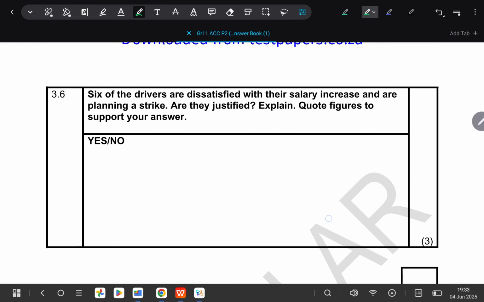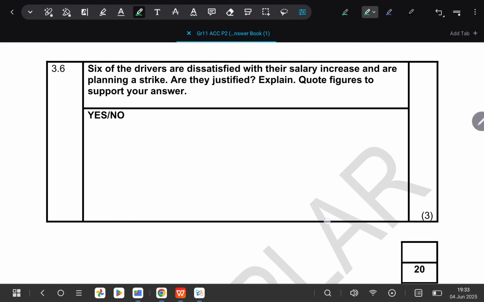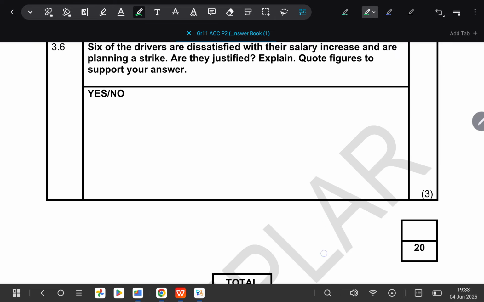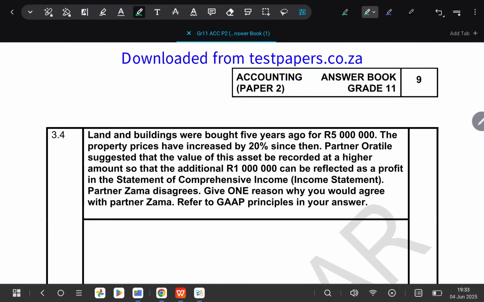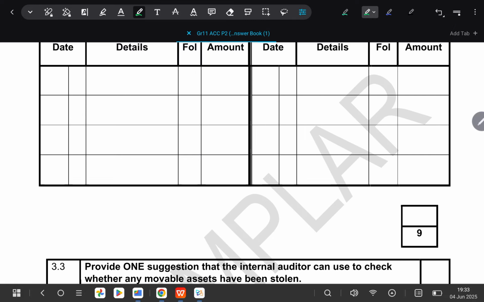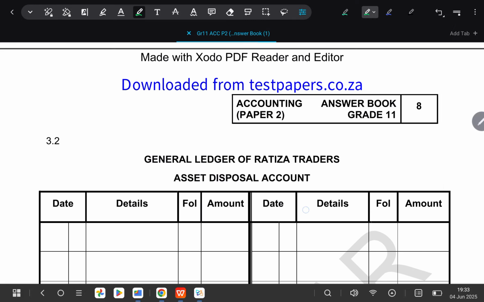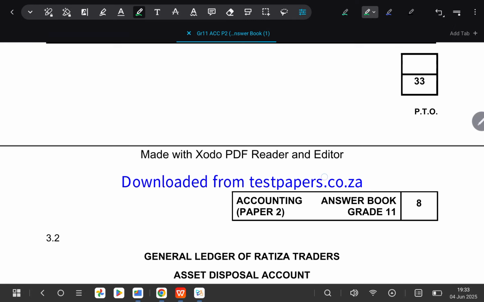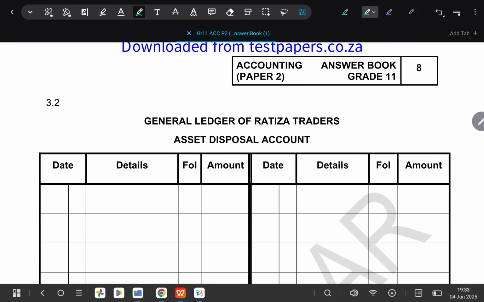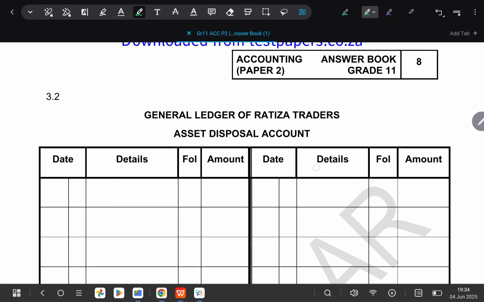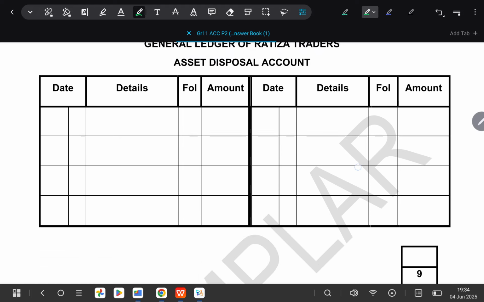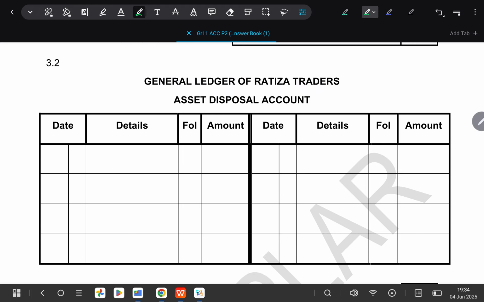You need to also prepare the asset disposal account. So I'm only going to do this up until the asset disposal account. So remember, when you do asset disposal, you need to do your recording. Because this is one of the questions that learners struggle with, remember here we are going to have 30 September